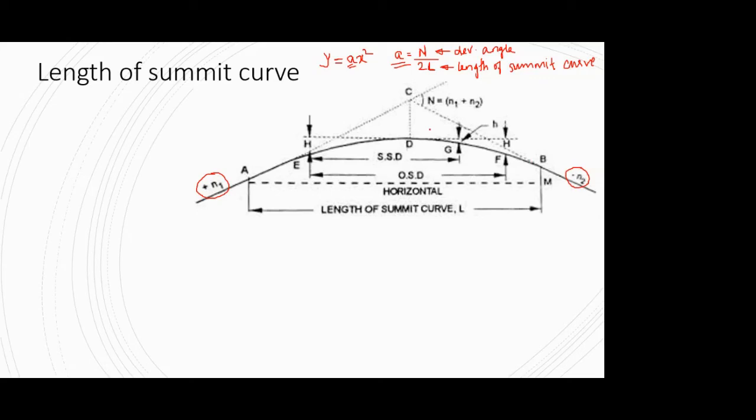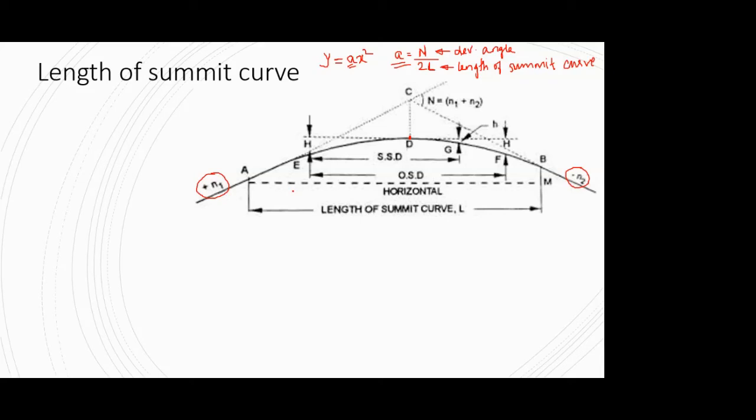Okay, so that is the critical one we saw a few minutes back. Why is it critical? Because if you are traveling on this up gradient, plus n1, you really don't know what is on the other side of this apex. Okay, so that apex is considered as point D over here. So now what we have to do is design this summit curve so that my vehicle, whichever vehicle it is, will pass freely over this summit curve without any collision with the obstruction, or without any collision with the oncoming vehicle.